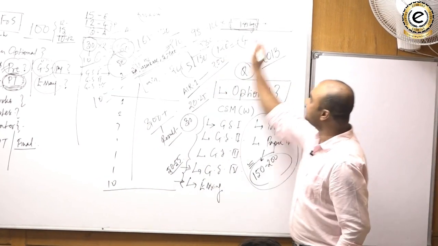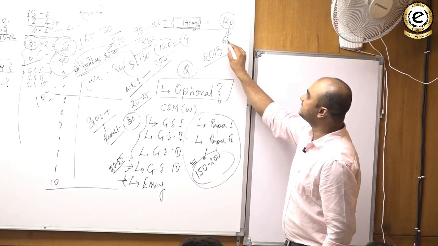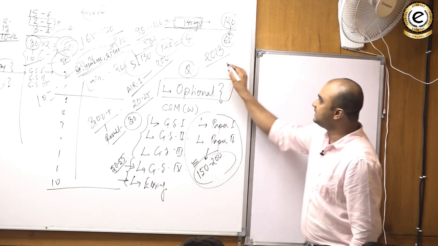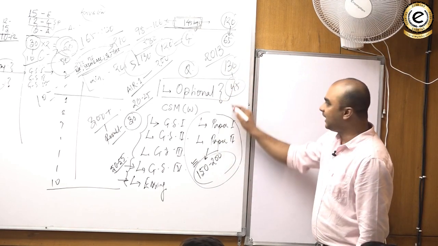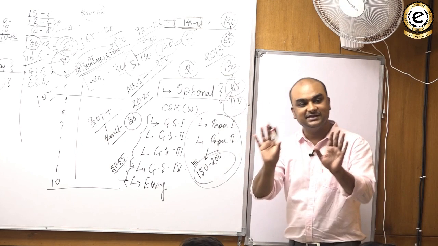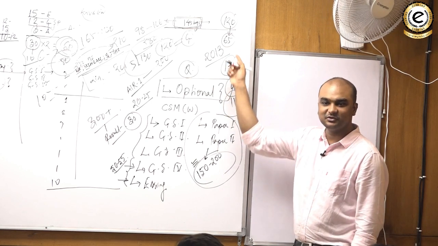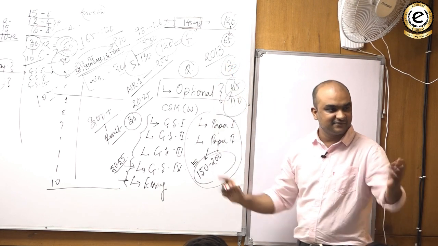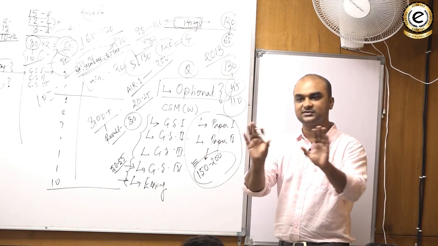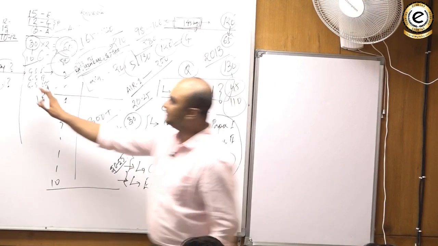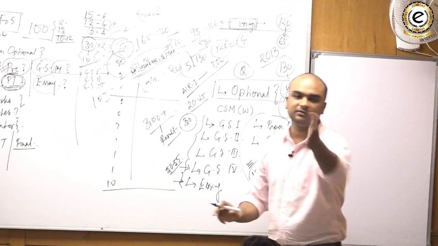Now you tell me, in this 120, if you end up scoring even 65, in the rest 130, can you score 45? 110 are excellent marks in GS1. And I am assuming a very bad performance in both the cases. Are you understanding this? And if this goes better, your chances increase as far as your optional is concerned. So do you understand how relevant it is in GS1? Because GS1 specifically talks about geography.